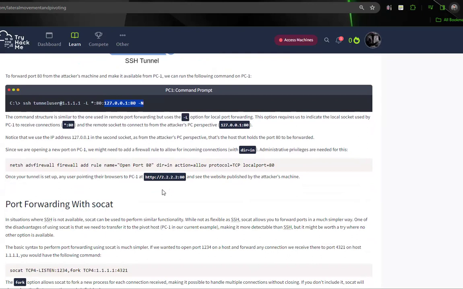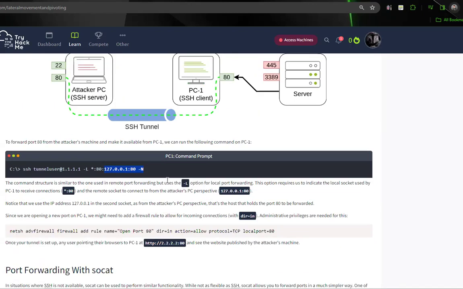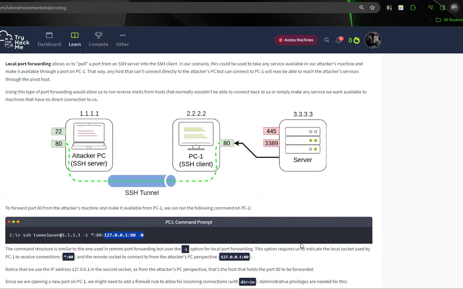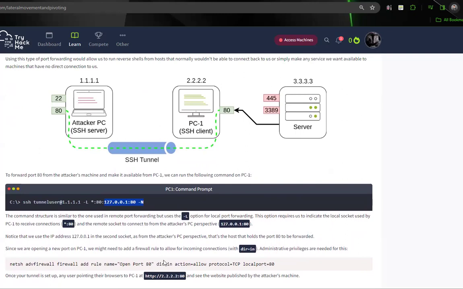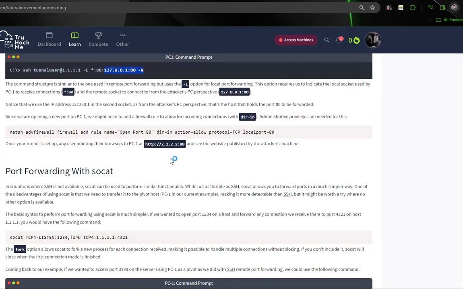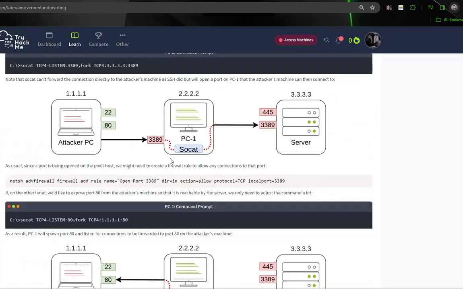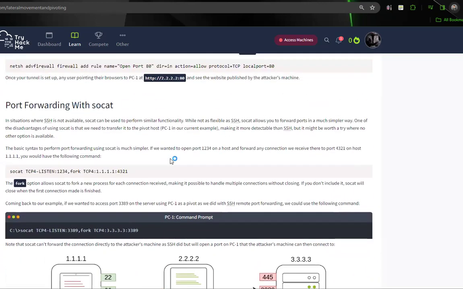Once your tunnel is set up, any user pointing their browser to PC1 at 222.2.80 will see the website published by the attacker's machine. So anyone who visits this website hosted on PC1 will actually be tunneled to the attacker's machine. So that makes sense. And you have SOCAT